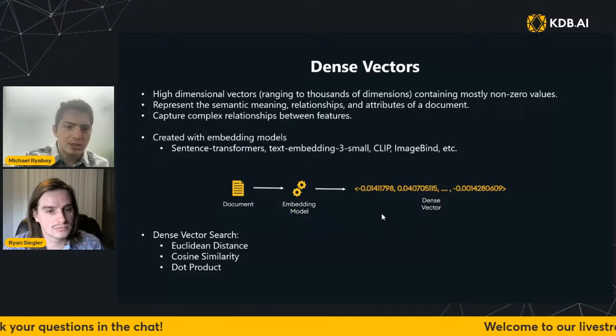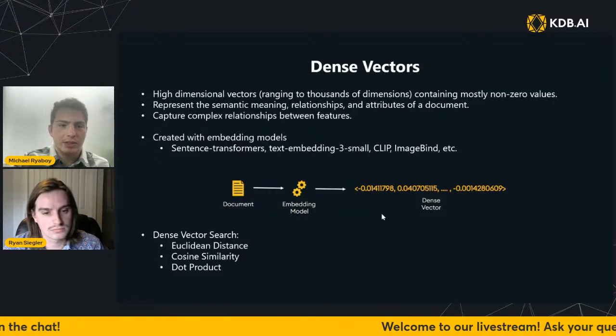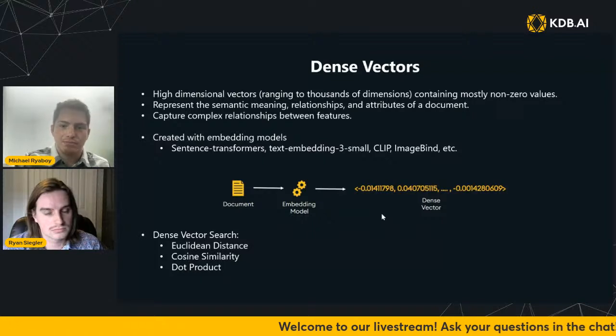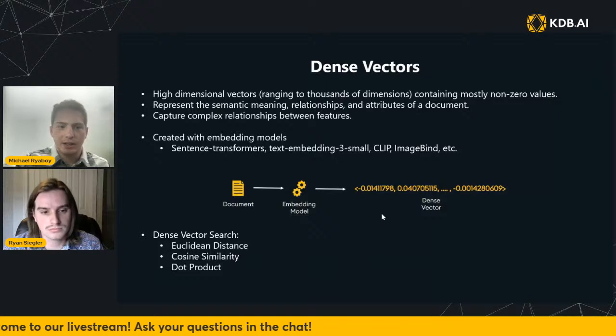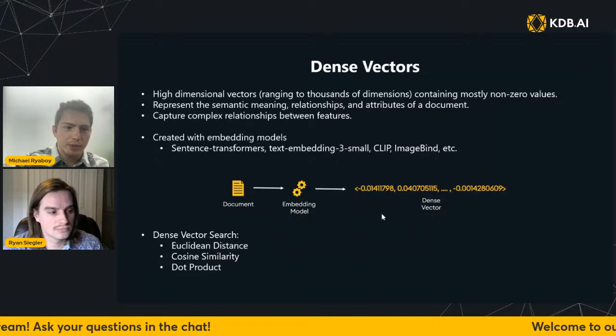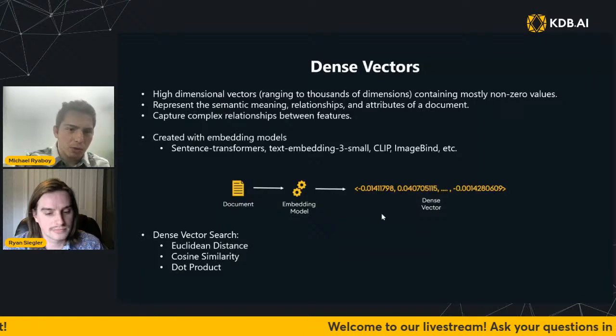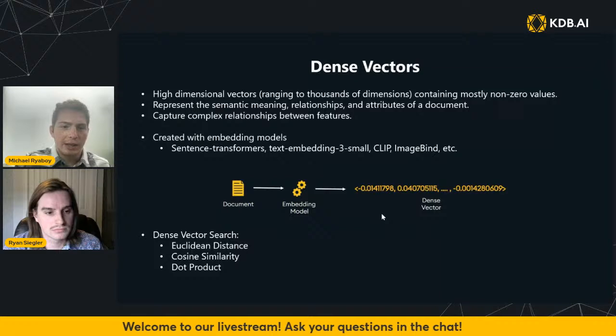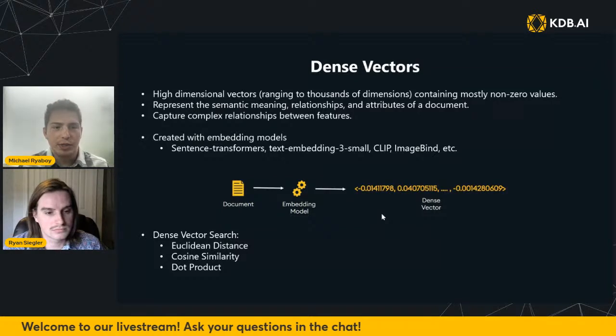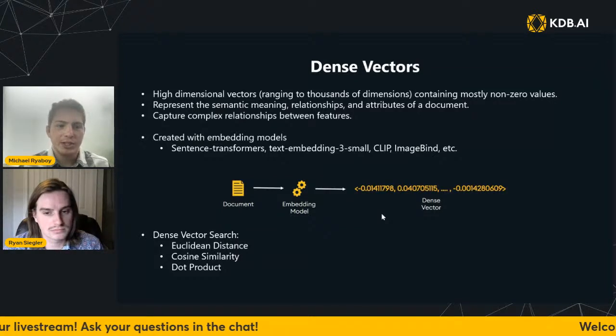Now, this is done with powerful embedding models like sentence transformers, text embedding small, CLIP, ImageBind. So we could create dense vectors for all kinds of data, including multimodal data. So we could create dense vectors for text, images, a mix of both, or pretty much any kind of data we can imagine. And then once we have these semantically rich dense vectors, we can then compare them and